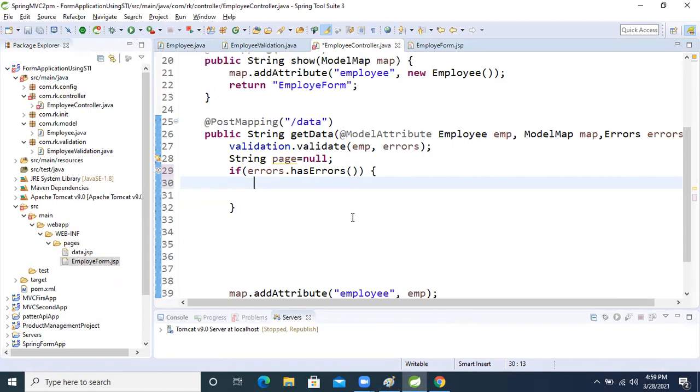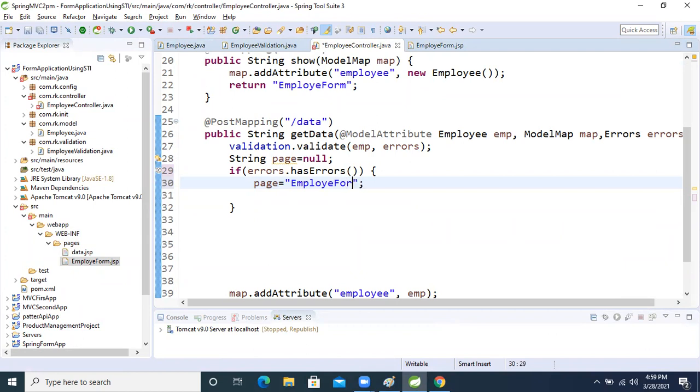How can we return it? For that, we take this page: page equal to the employee form page, and we will return that page.